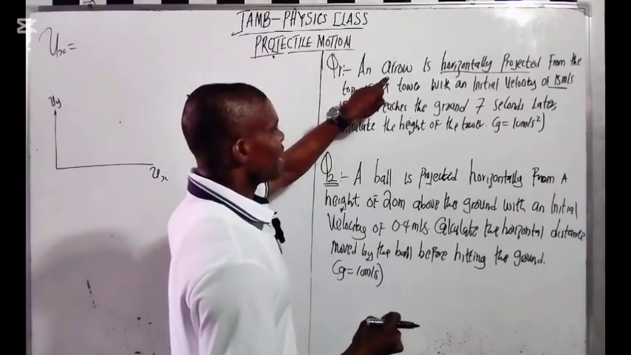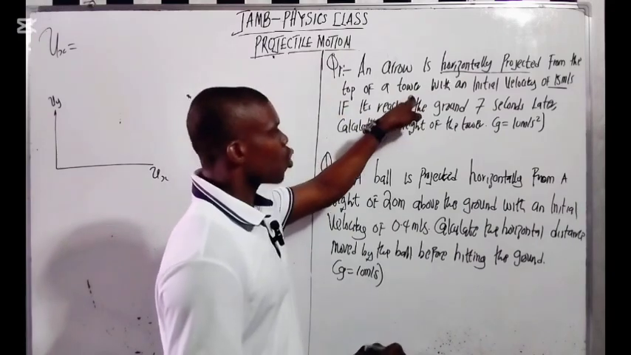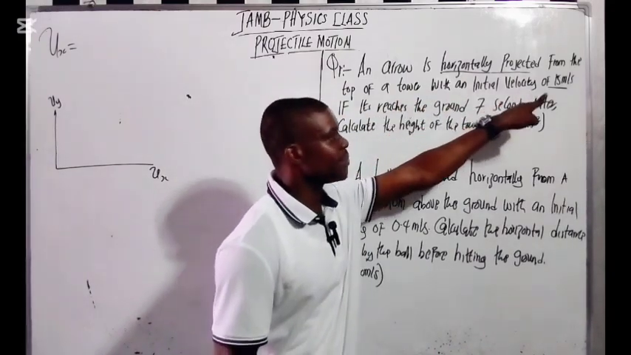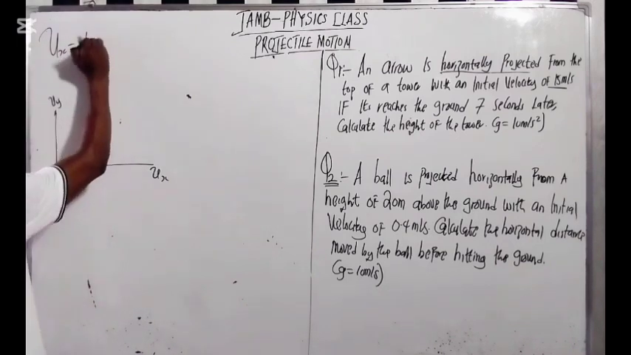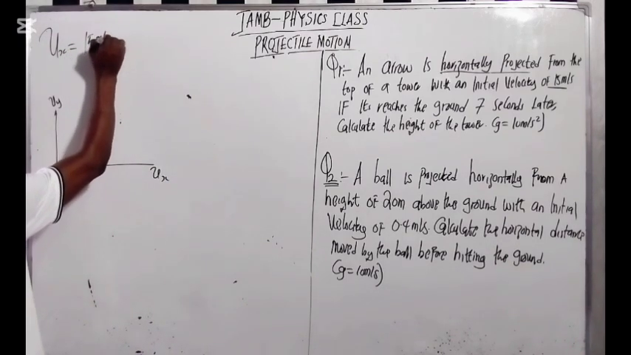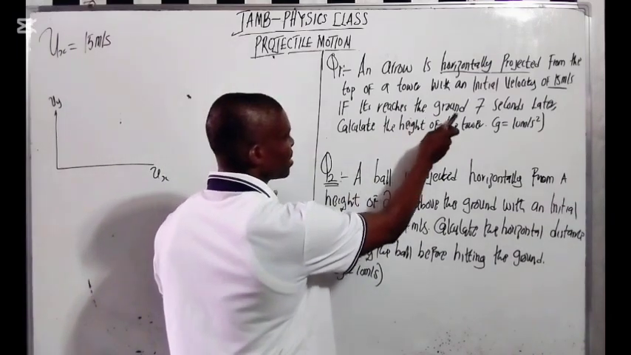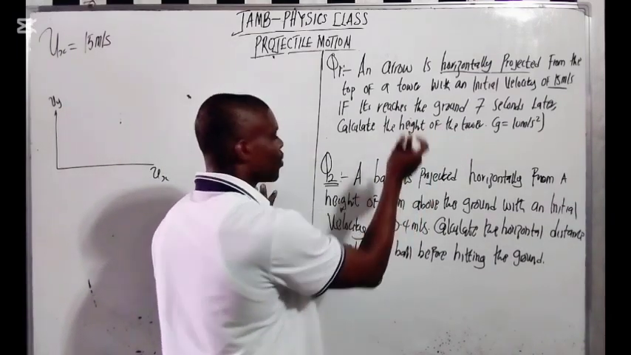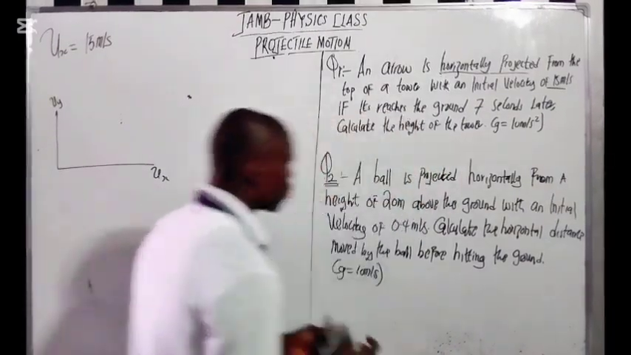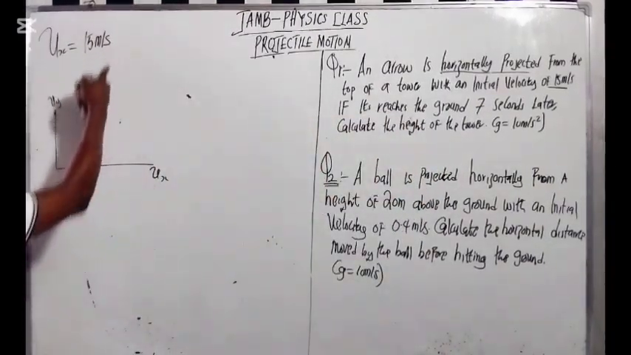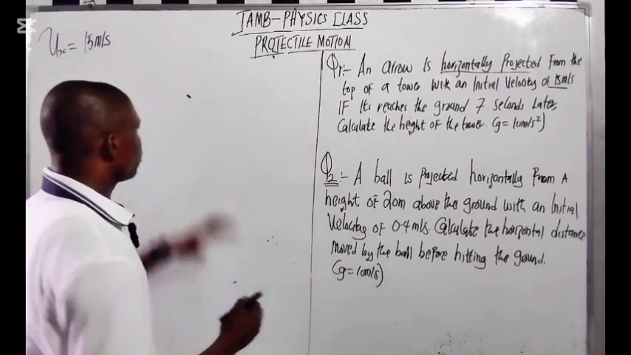An arrow is horizontally projected from the top of a tower with an initial velocity of 15 meters per second. Can you see that? If it reaches the ground 7 seconds later, calculate the height of the tower. Now, when we talk about the height of the tower, that is the height at which it was projected. So we are going to use